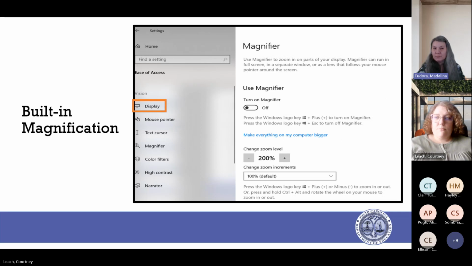Also, another valuable tool that I personally use that I want to point out is the mouse pointer and text cursor.